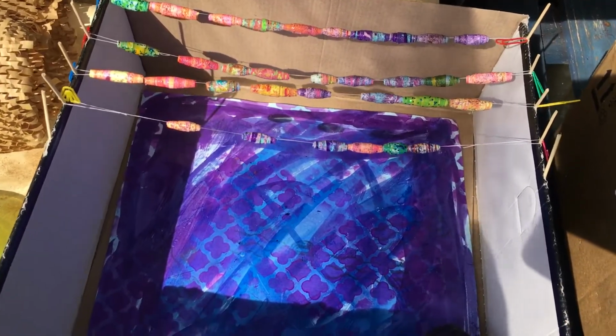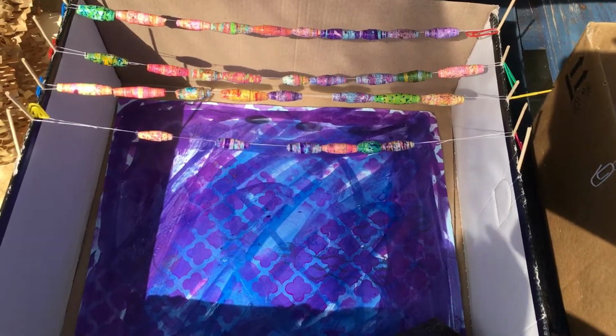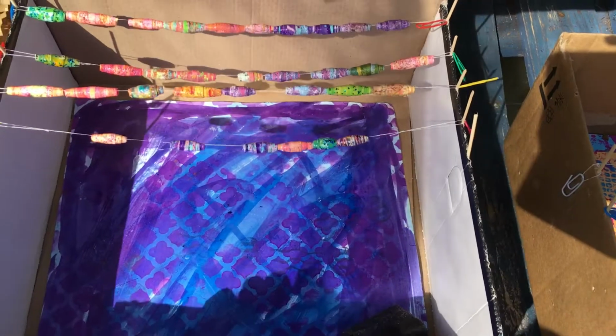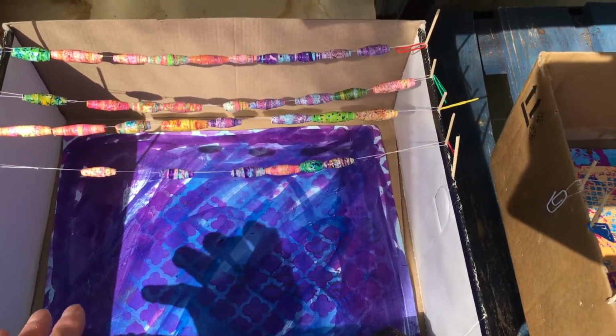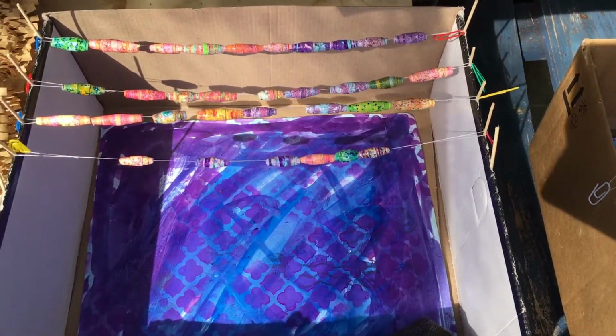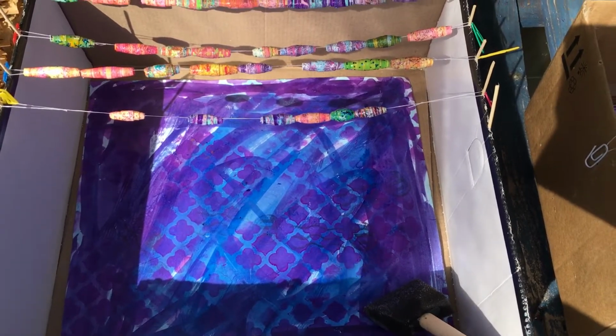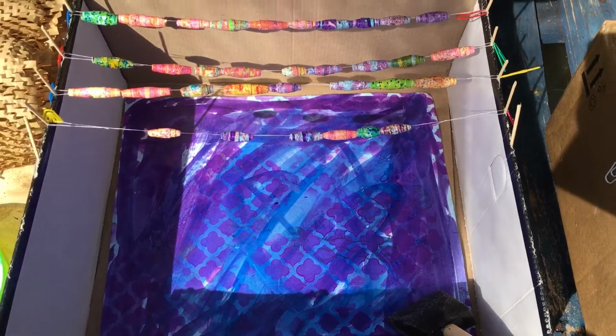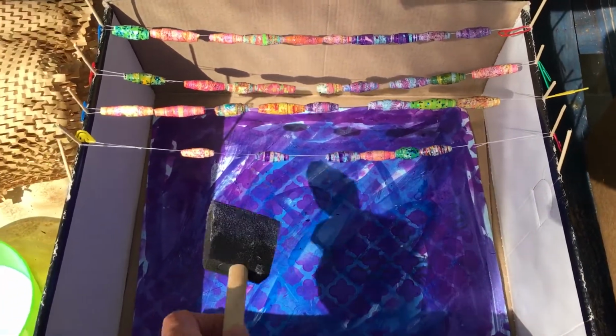Well, Mags Lockley's left me a comment and she said could I not put a tray underneath to catch the drips, and I thought, well, that's a good idea, but I didn't think there would be enough drips to sort of catch. Then I thought, oh well, I know, I'll put some of my papers down there, and what I've been doing is I've